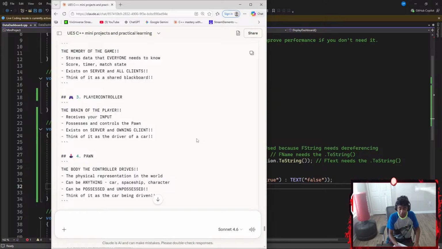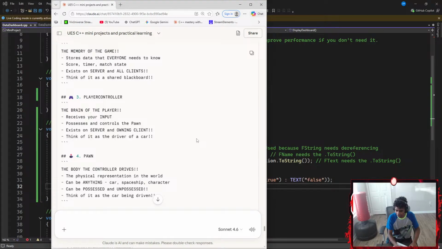And here I thought that a pawn was the brain of the player. I guess it's the player controller. Receives your input, and then possesses and controls the pawn.